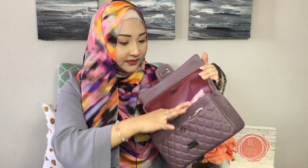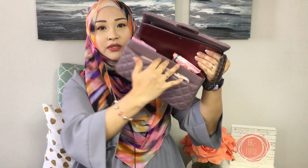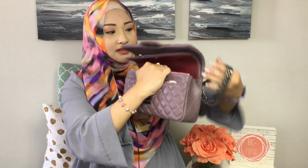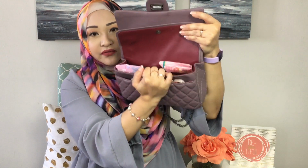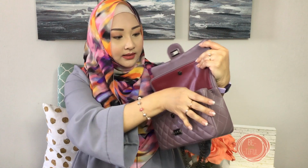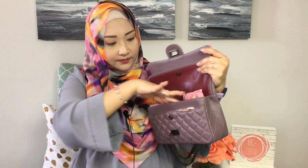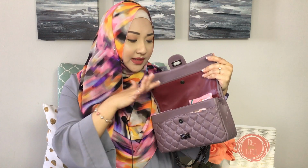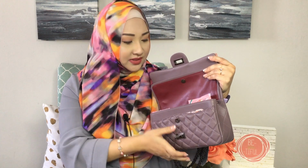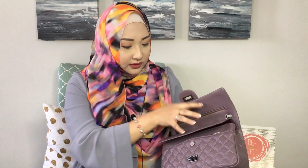And yeah, okay, there you go. So I'm able to put everything, I hope you can see it, I'm able to put everything like that. So it's very tight. And can I fit anything else? Oh, I actually can fit something on top, but I don't have anything else to fit on top. Or maybe a pen. I'll probably get a pen in or something. But as you can see, this bag is now very much full, and